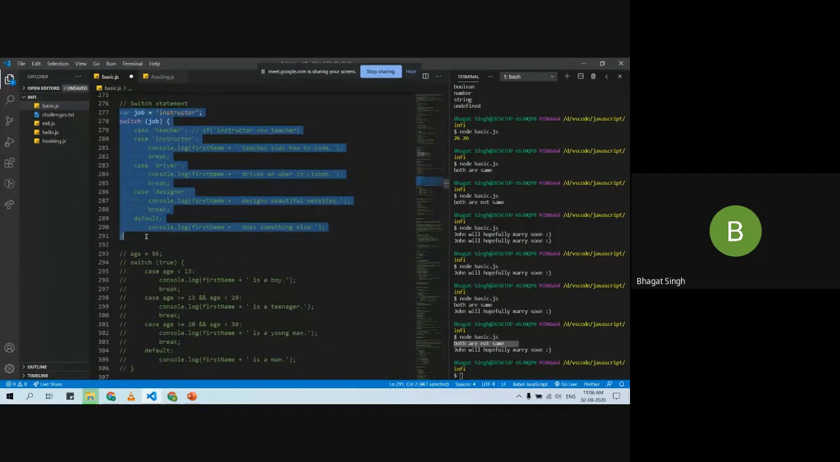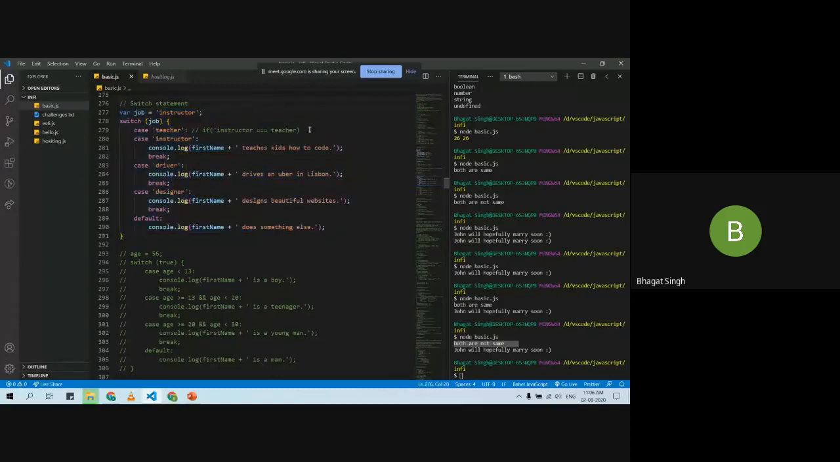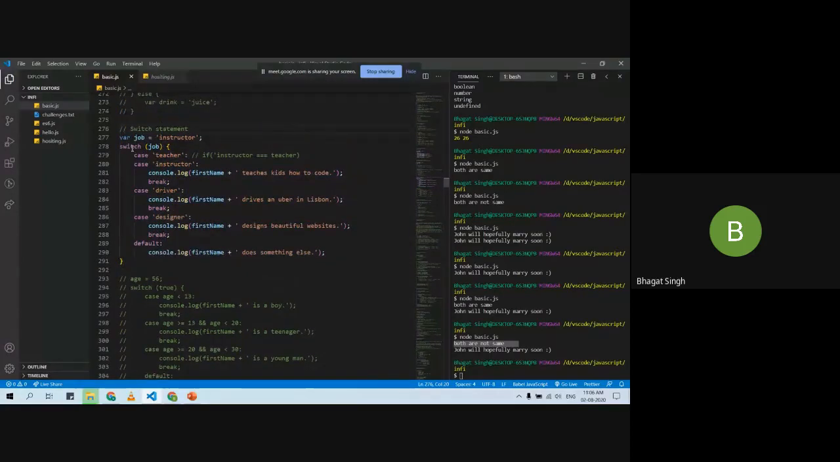Now comes the switch statement. Again, it's pretty simple. So what I've done, I have created one variable, var job equals instructor, and I'm passing a variable within the switch statement, that is job. If this is a teacher, so what will happen is it will check the condition. Our cases are like the if statement only. It will check something like this: if instructor